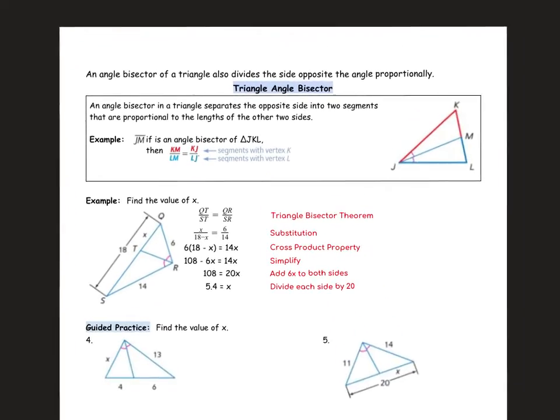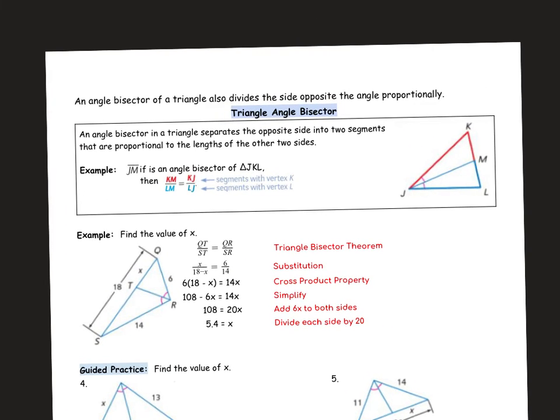So let's look at a theorem. An angle bisector of a triangle also divides the opposite side of the angle proportionally. This is known as our triangle angle bisector theorem. An angle bisector in a triangle separates the opposite side into two segments that are proportional to the lengths of the other two sides, such that if we have JM as an angle bisector in